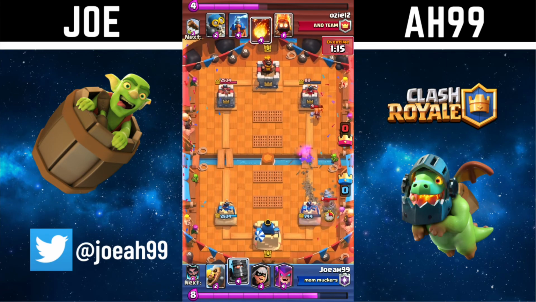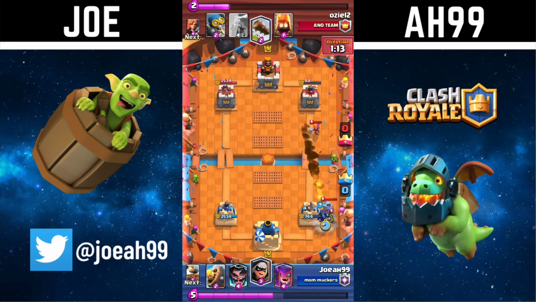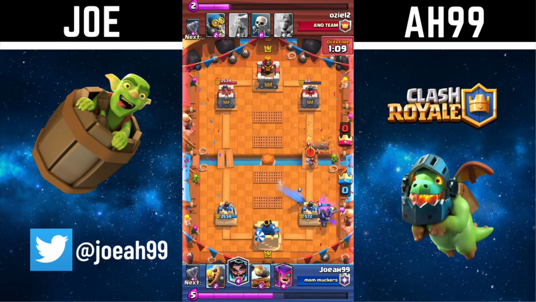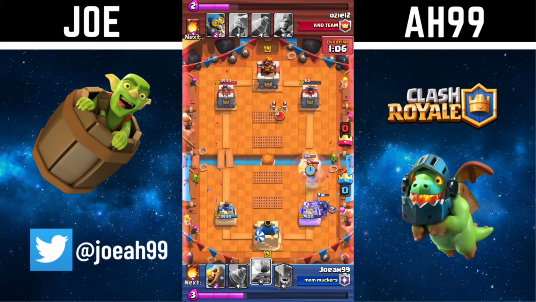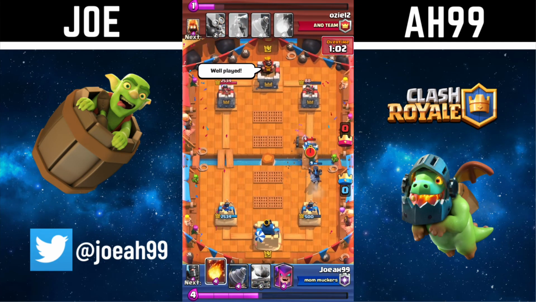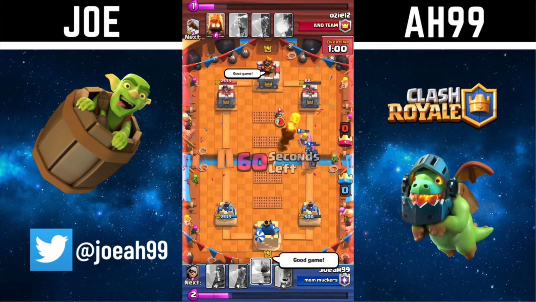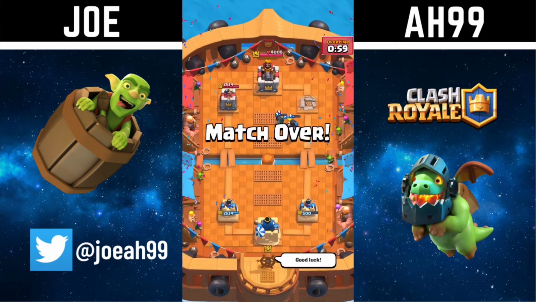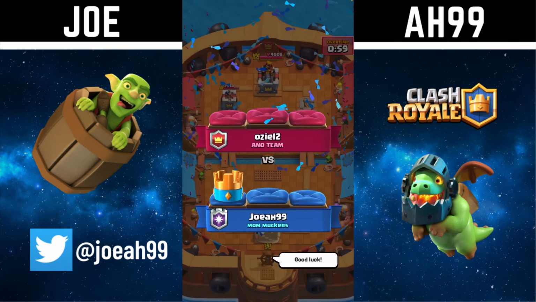Right here, we see we're finally in 1 Fireball range, have our Dark Prince back, this time for his Goblin Drill. Perfectly played on there. We're going to make sure E was on there, make sure that Fire Spirit doesn't get any crazy jump onto the tower. And it doesn't matter if we overcommit, because we are just at 1 Fireball away. Good game, well played to this guy. He got down to only 500 HP, so